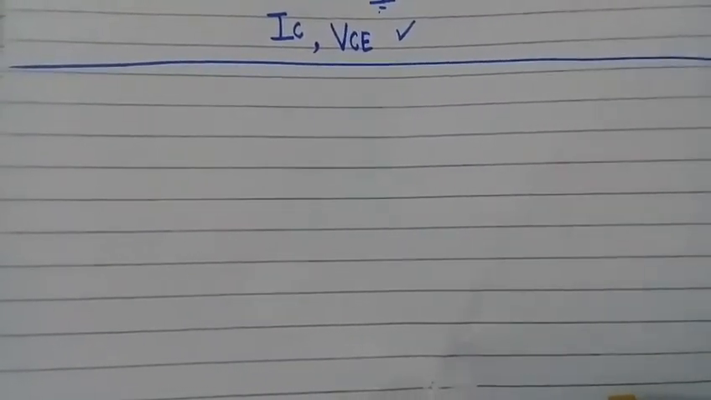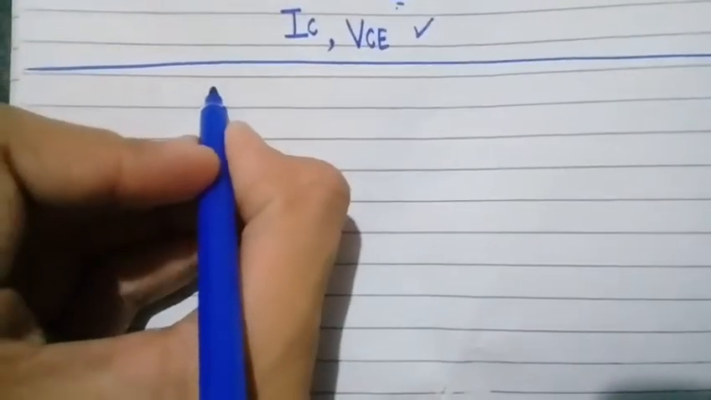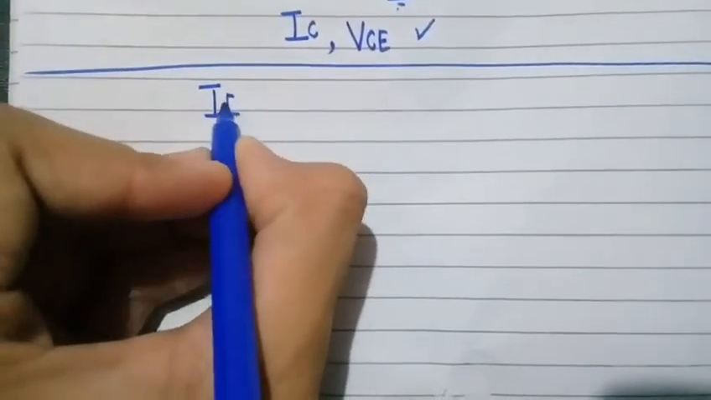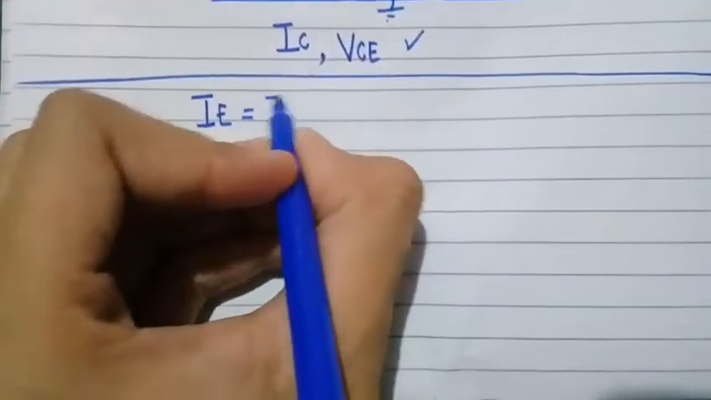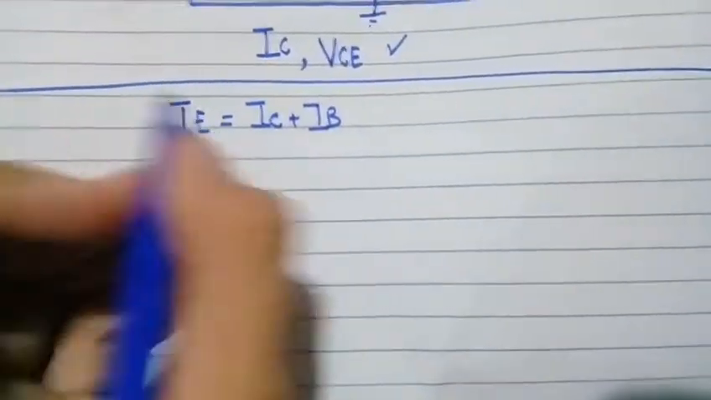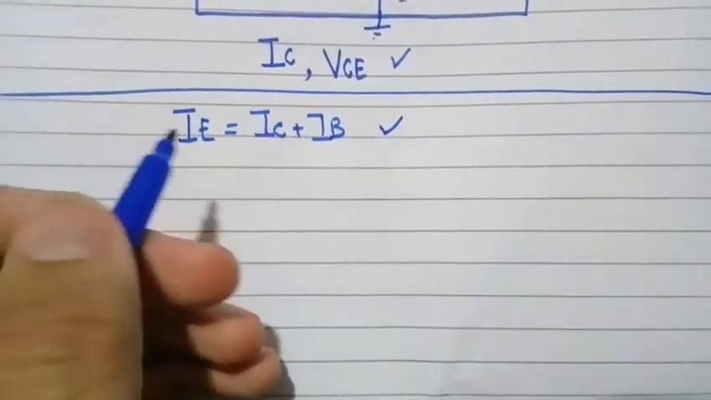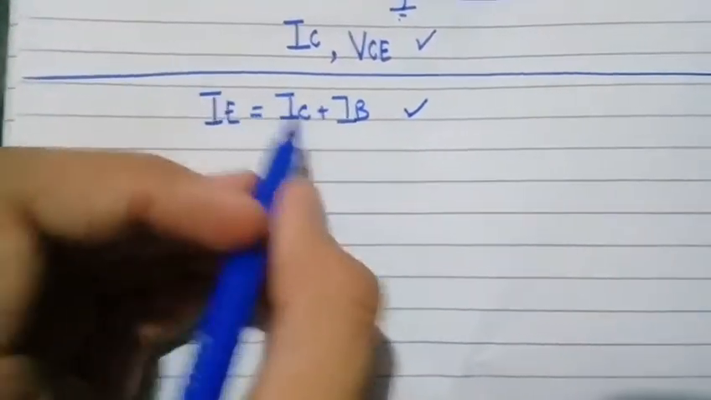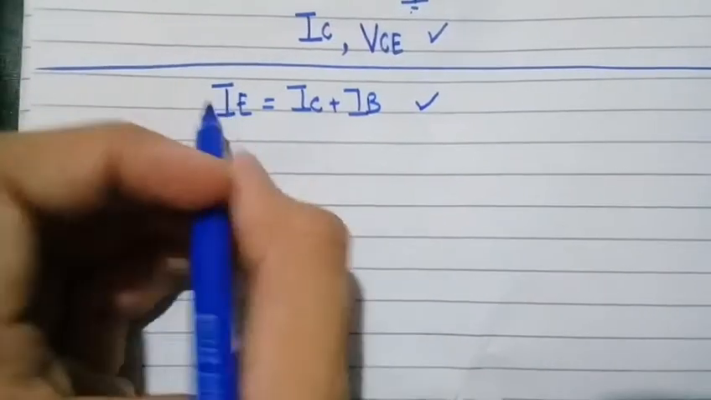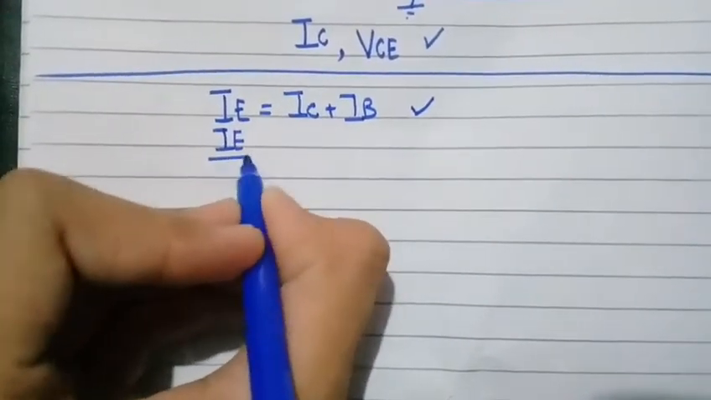So for the solution of question number 4, first we write an equation, and the equation is IE, the emitter current, will be equal to collector current plus base current. You already know that this equation holds in every type of configuration of BJT. So first you have to divide by IC at both ends. So IE over IC